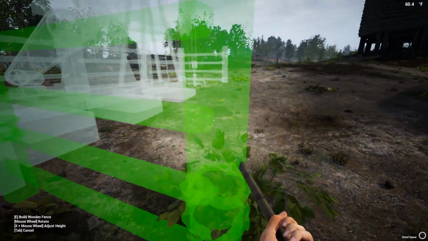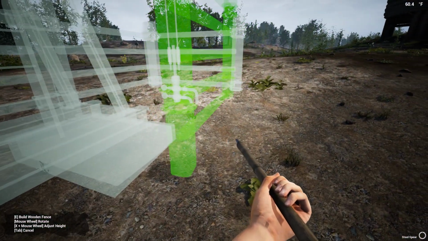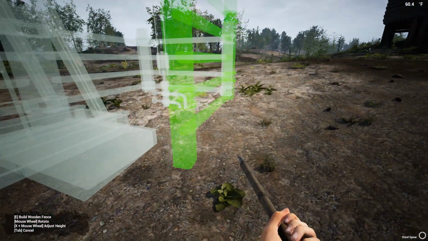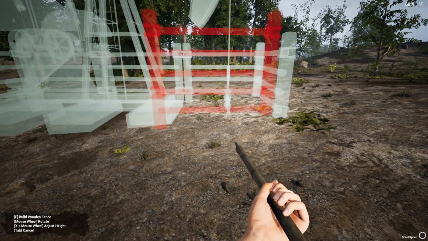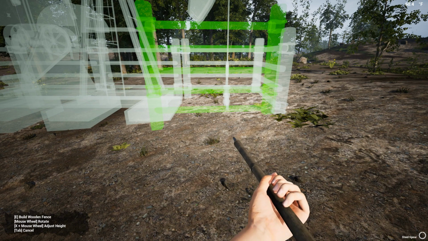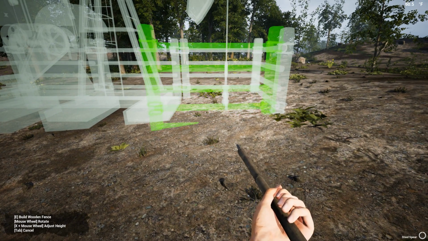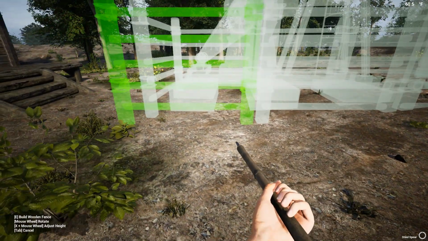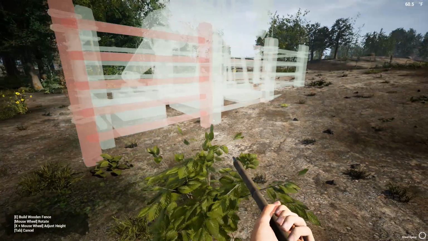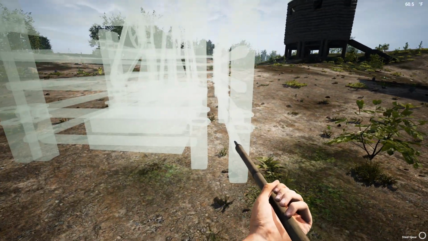Let's go over here and see how well this turns out. Come on. Don't be hateful. Get in there. Okay, something like that. And then like that. And then like that. But we're going to have to work on that one a bit,